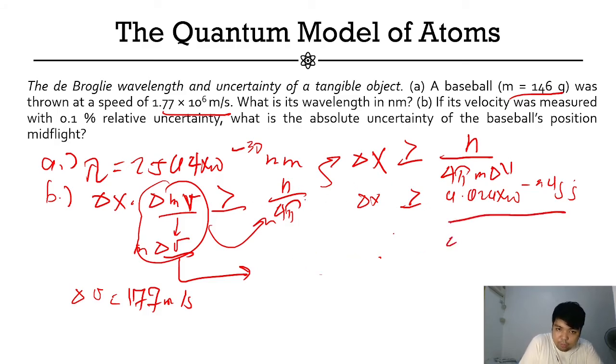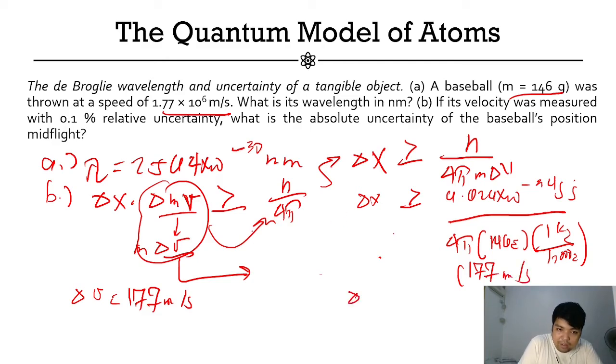So we have 4 pi multiplied by the mass, which is 146 grams, converted to kilograms, multiplied by the absolute uncertainty of its velocity, which is 177 meters per second. So that is equal to